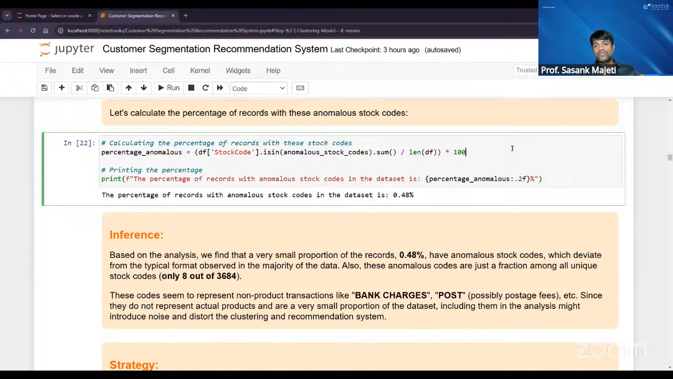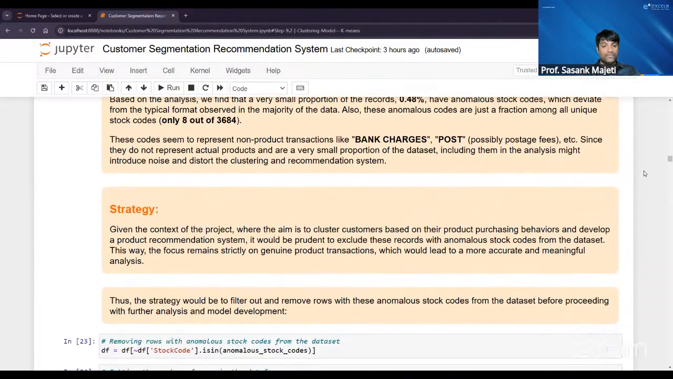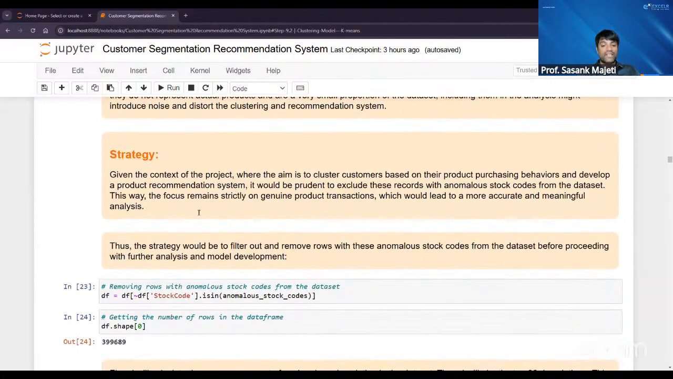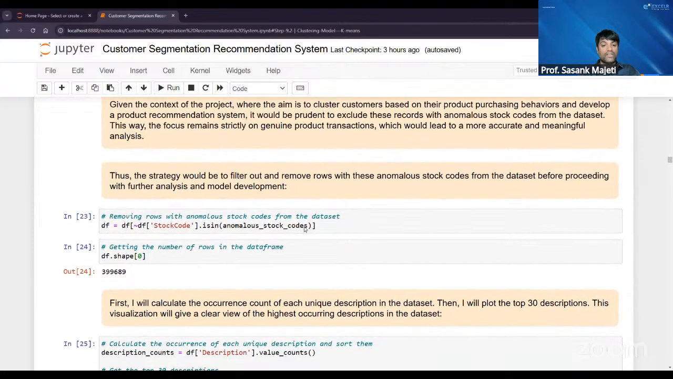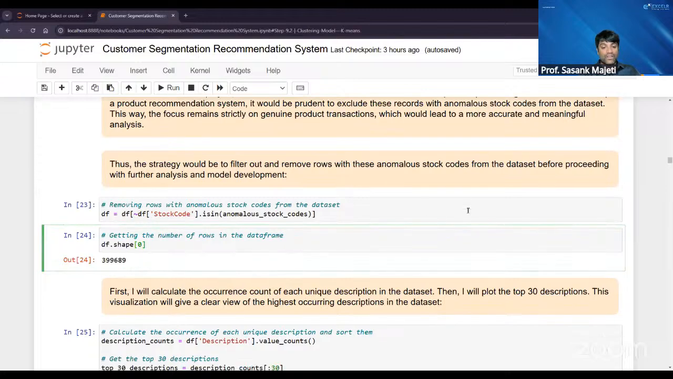So we are going to delete this particular percentage of stock codes from our data set, right? So that is what the next strategy is. So we are going to delete that. Now the shape of the data is around 4 lakh. Okay, so now